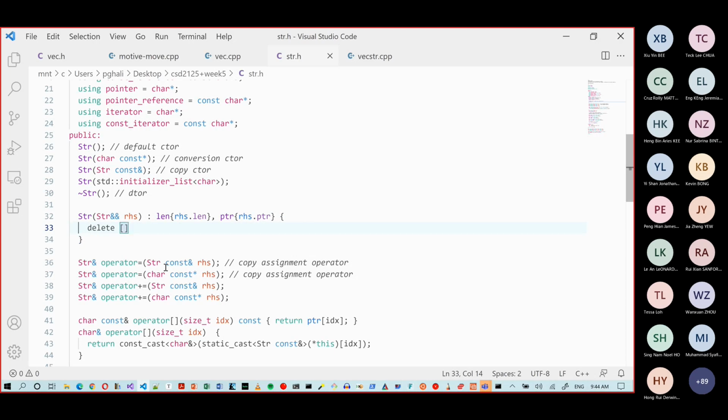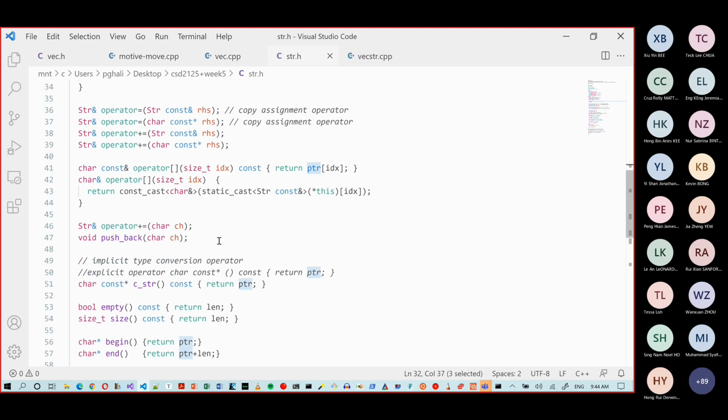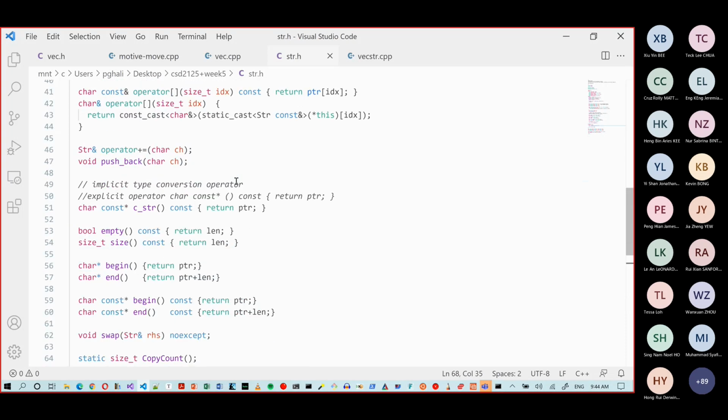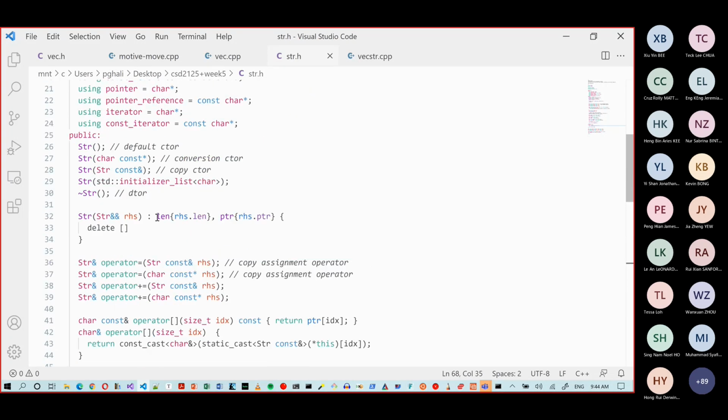Okay, we have a problem here because I copied length, but pointer now I lost track because seemingly here I'm creating a certain block of memory as the default, right? So I'm going to lose that. So I need a better way to do this. And member initialization, I don't think is going to work. So we'll do,